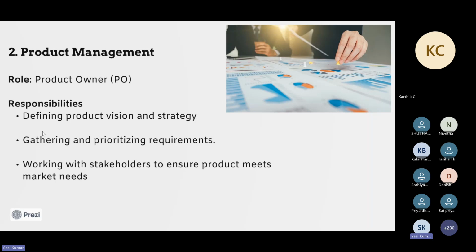The same thing he will be communicating to the team. They will start working on the technical side. So once it is done, then the product owner will be delivering to the clients. So he is the person to interact with the client and the team, and to make sure the product is built in a better and best way. And also, as I said, the third point is he will be working closely with the stakeholders or clients,